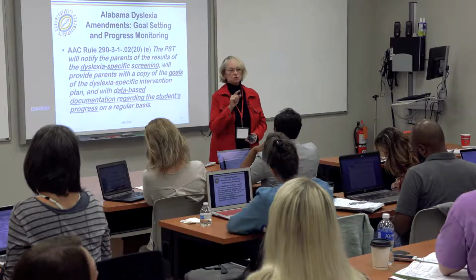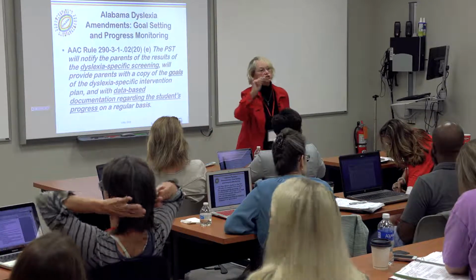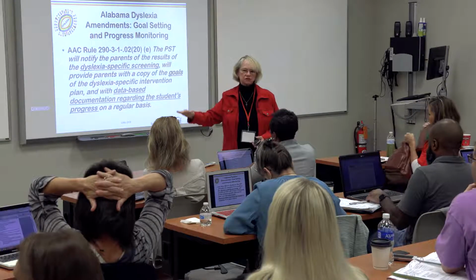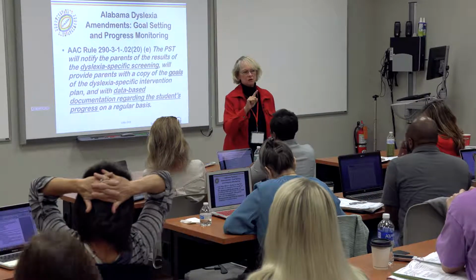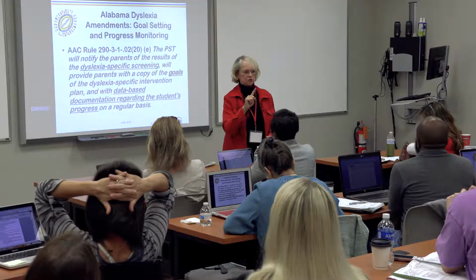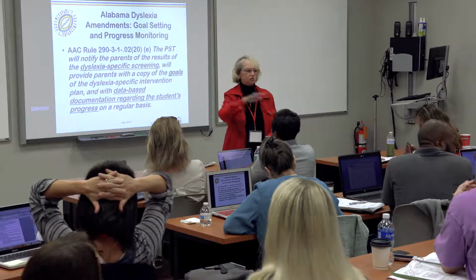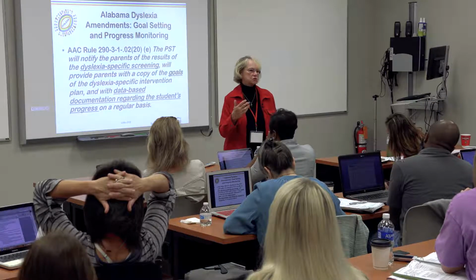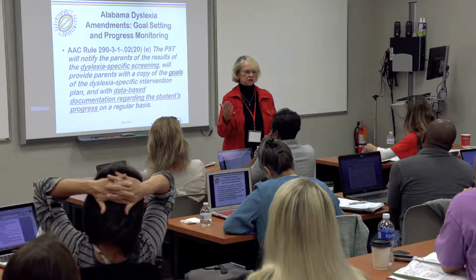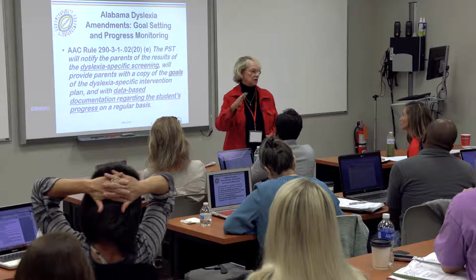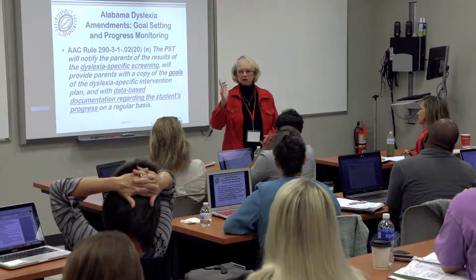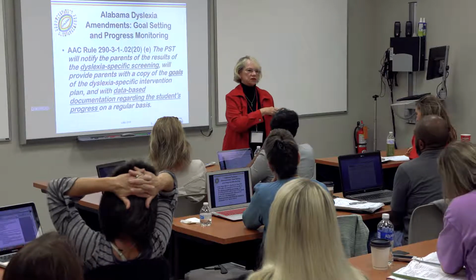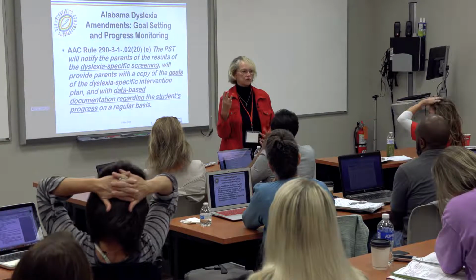Here's what it is. Remember, it's tied to the universal screening. So you don't screen every child for dyslexia, except you do, because the first step in the dyslexia screening is the universal screening. We screen everybody with that. So if you do Renaissance, let's say you're using STAR Reading as your universal screener, which I wish everybody was, but that's just me. So if you're using STAR Reading and you give it when school starts, and you give it in January, and you give it in May, every one of those is a universal screening